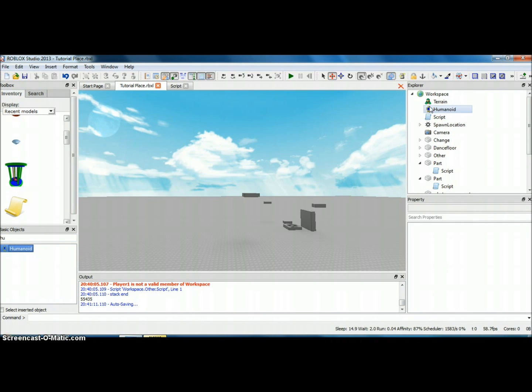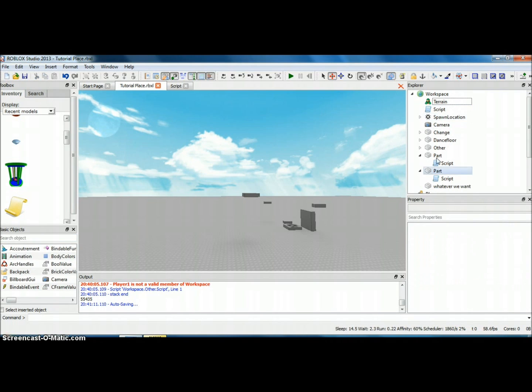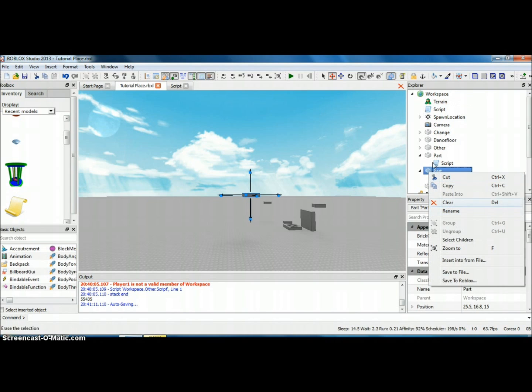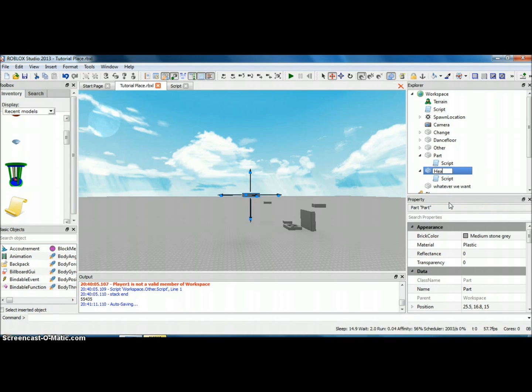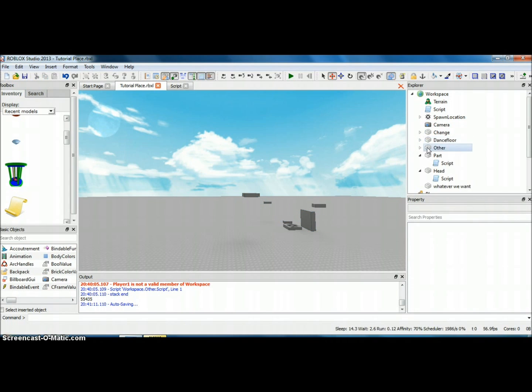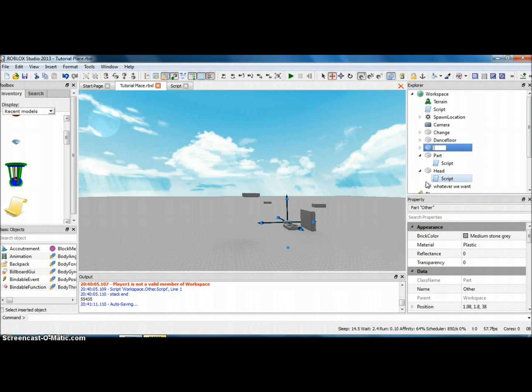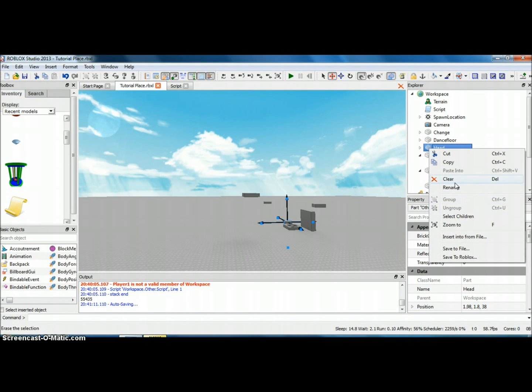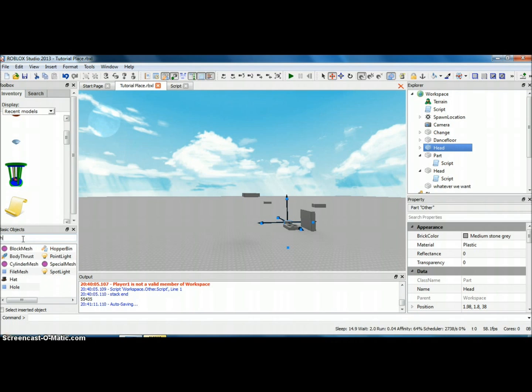Humanoid. Oh yeah, that's why you can put it in there. I'll change this thing's name to head for the humanoid that we're about to create. We want to put a humanoid in there, so we have to rename it head, because the humanoid is always stored in the head pretty much. That's just how it works. So if we name it head, we can look for